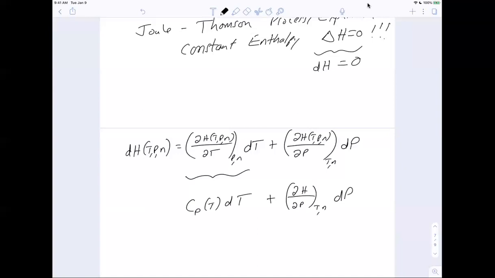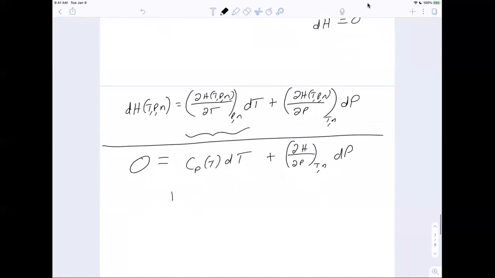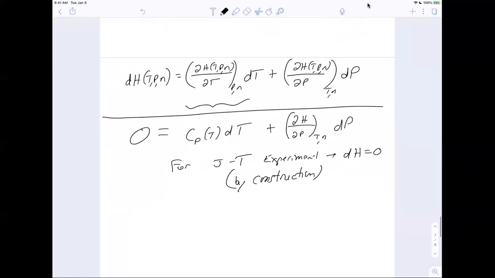Okay, and now I'm going to say that all of this is equal to 0 for the Joule-Thomson experiment. I'll write that as JT, Joule-Thomson experiment. dH is 0, by construction. You can set up the experiment, construct it if you're clever, so that this happens. Okay, so that's great. And now we can proceed, just as we did in the Joule free expansion, to isolate this